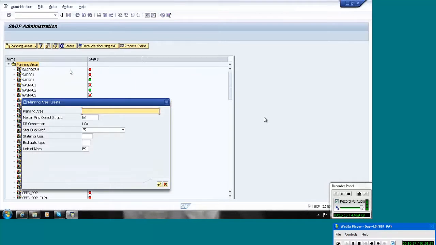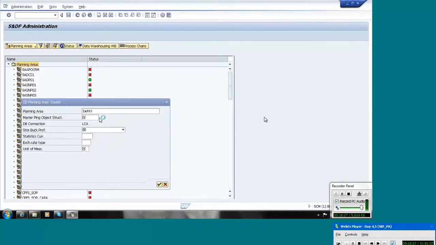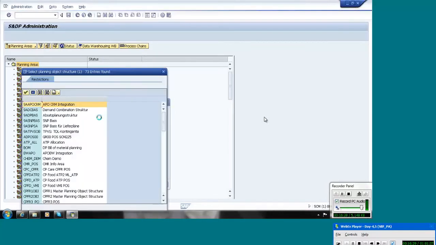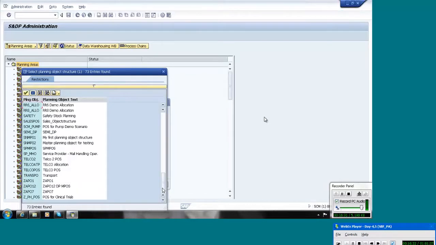Here, for the name, I am giving ZAPO3, and you can see MPOS, Master Planning Object Structure. So here we are connecting our MPOS to the planning area. Our MPOS is ZAPO3.